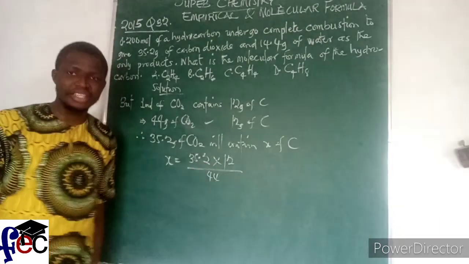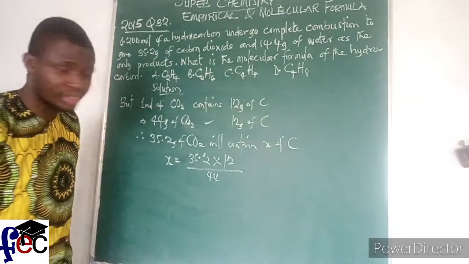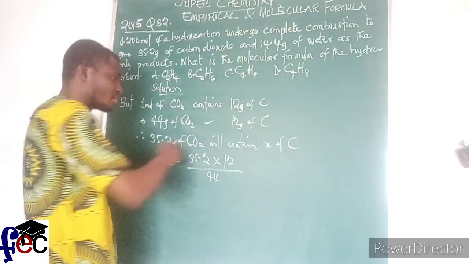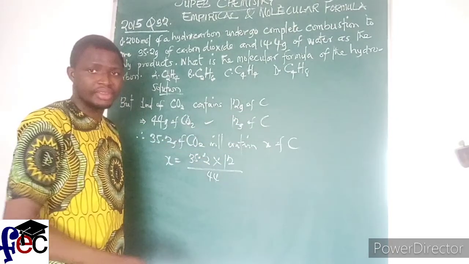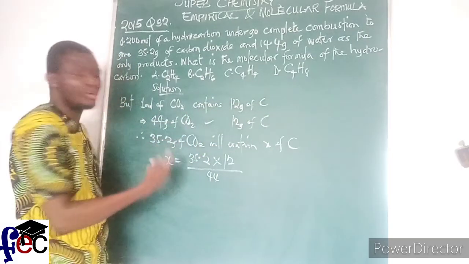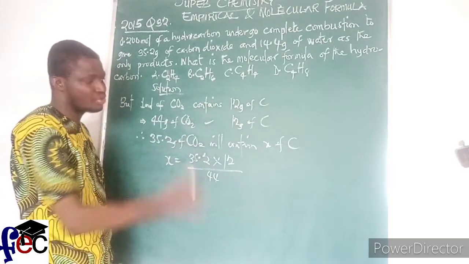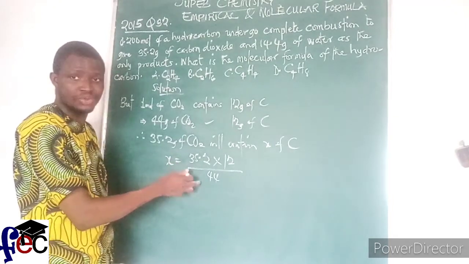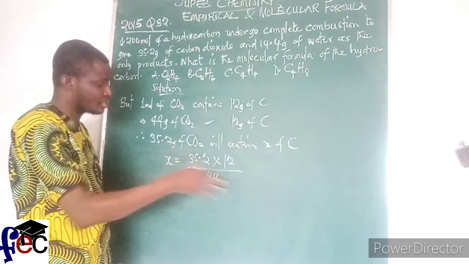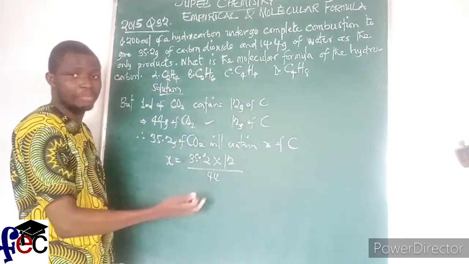How did I arrive at that? It looks like a shortcut, okay? The thing there is that it looks like you are cross multiplying. That cross multiplying that I said is still a shortcut. You can always analyze it. It's just that I want to save time. That's why I did it this way. So look at the analysis, but I will not be following the analysis. It is understandable, this approach.